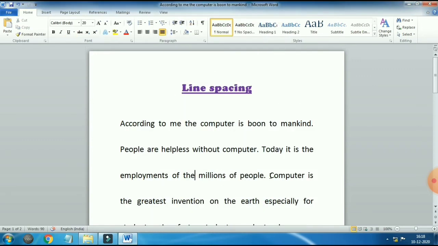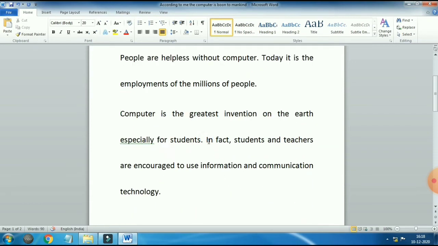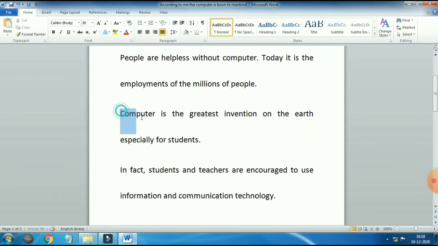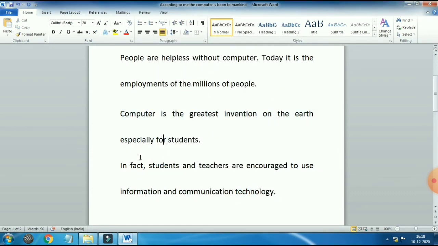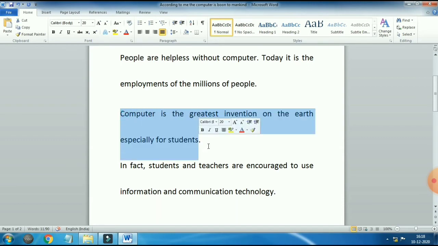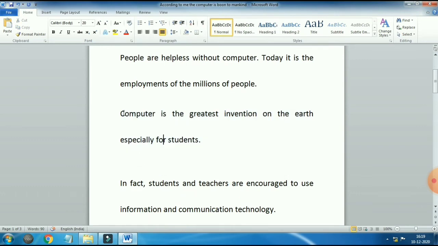Let's select the first paragraph, any single line. I am pressing enter before computer so it becomes another sentence. Now select this single sentence, and from the paragraph button, go to after spacing. It is already 10, so I will decrease it to 0. Now click OK. You can see the space after the sentence decreases. Now again select the 2 lines, a single sentence, and increase after spacing: 12, 24, 36, 42. Now press OK. You can see the space increases.